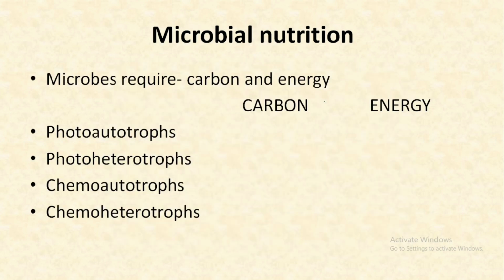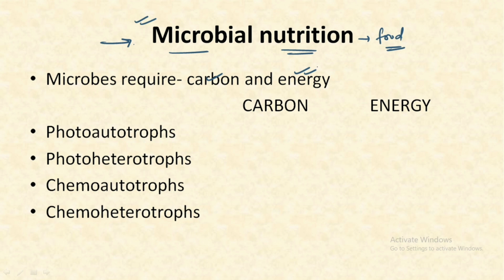The last point to remember in microbial physiology is microbial nutrition. We have discussed its reproduction, its types, and also its range of temperature in which it could survive. The last point to understand is nutrition, or in simple words, microbial food. As humans, we require food for survival, and the same is the case with microbes. They also require some important components for their survival. In the case of microbes, carbon and energy are the most important sources for their survival.